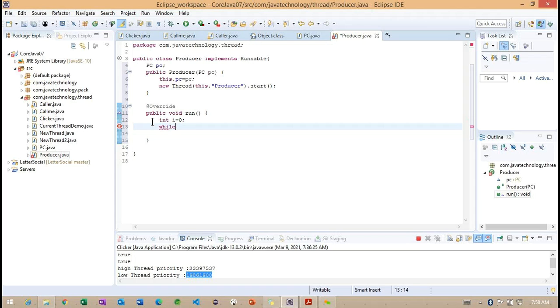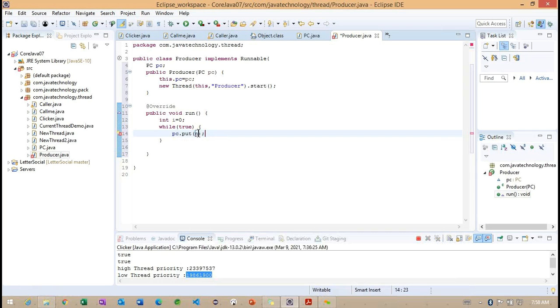Again, I'm going to work with a loop here, while true. Internally, pc.put, whatever the n value we have, I'm going to set.